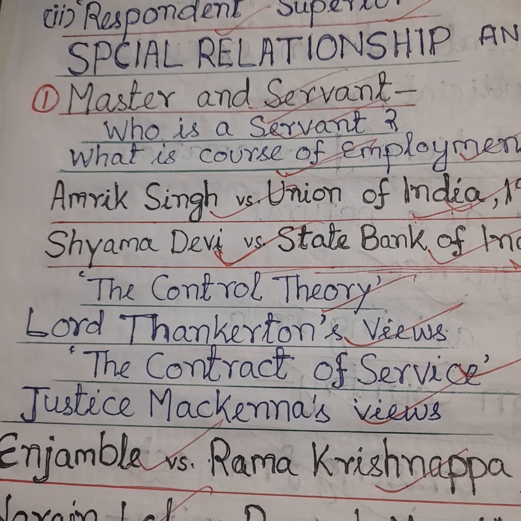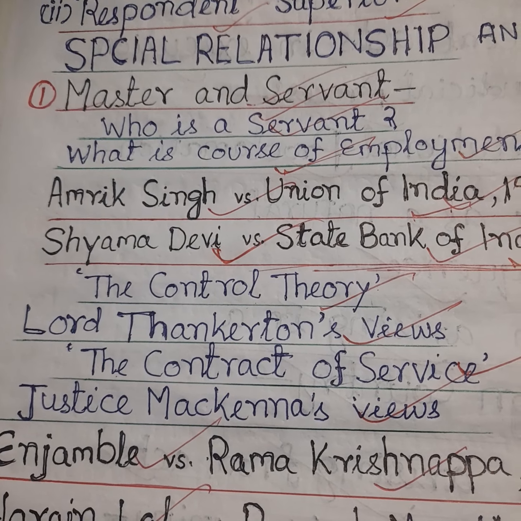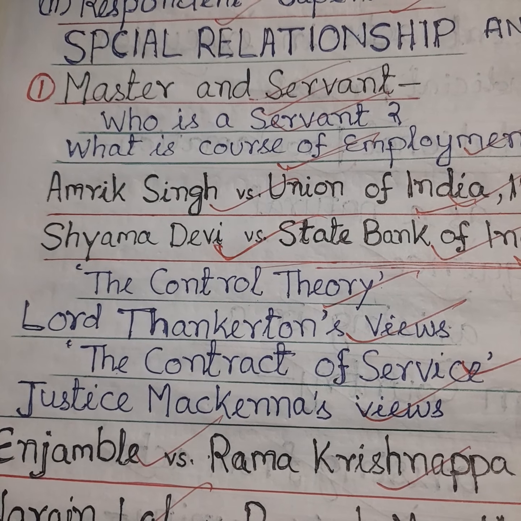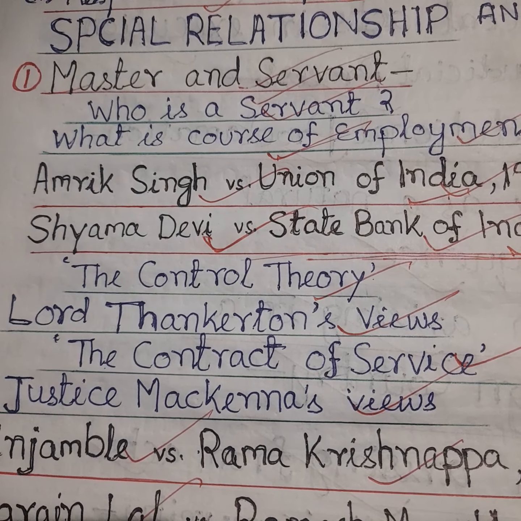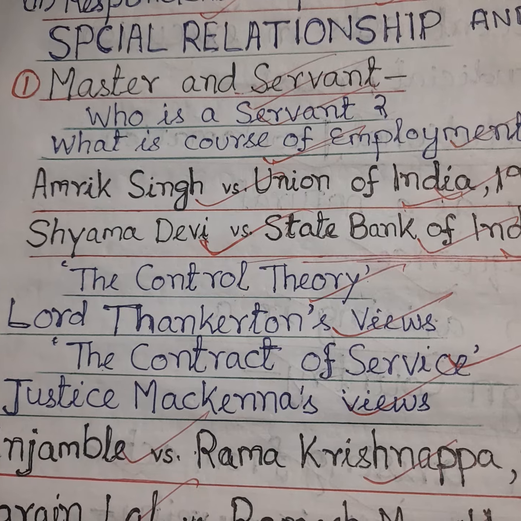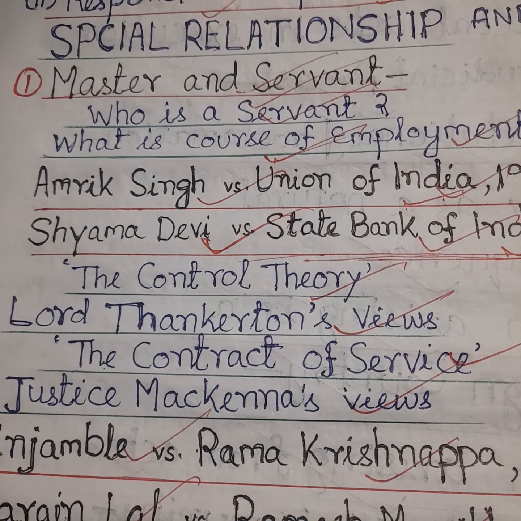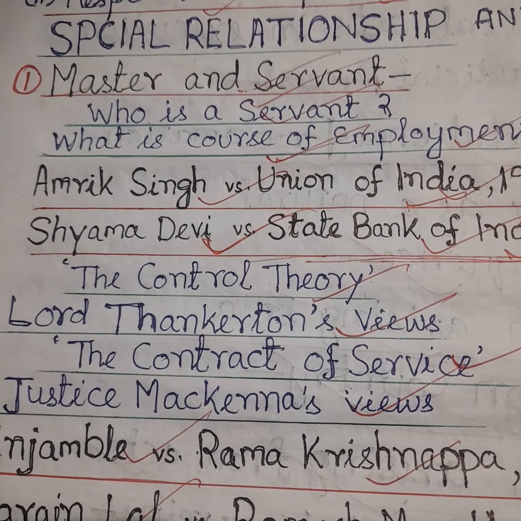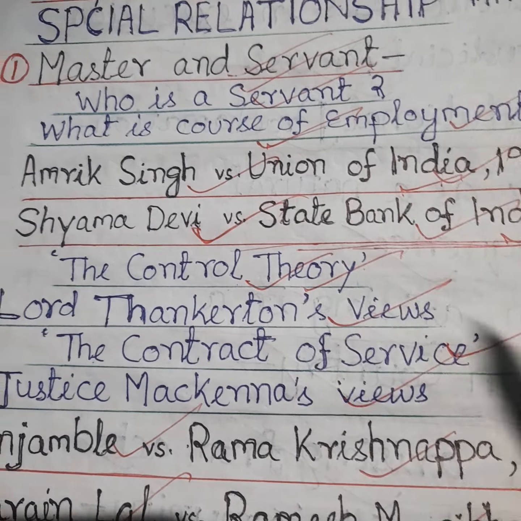Whatever the employee did, he did in his private capacity as the depositor's friend, so the bank could not be held liable. Prior to this, the leading English cases framed certain rules to determine the question of who is a servant. The most popular test is the test of control, which means that a person is a servant of another if he is subject to the control of such other. But Lord Thankerton found defects in the control theory.